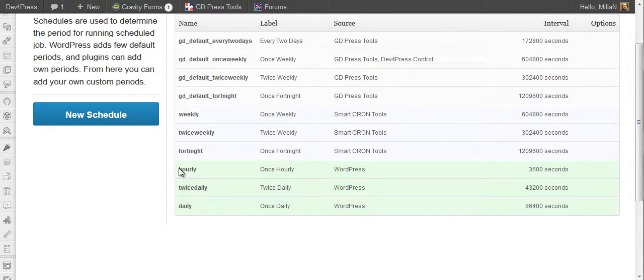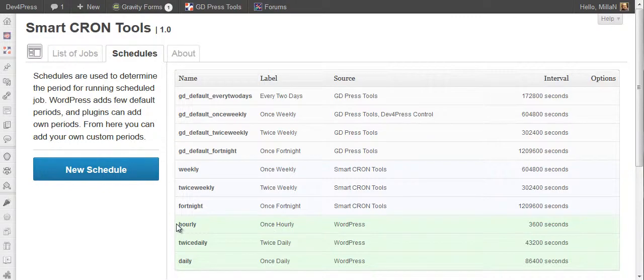The 3 schedule periods belonging to WordPress are listed here: hourly, twice daily, and daily. These are the only 3 default schedules belonging to WordPress. Once you install this plugin, and as long as the plugin is active, Smart Cron Tools adds weekly, twice weekly, and fortnight as 3 periods.